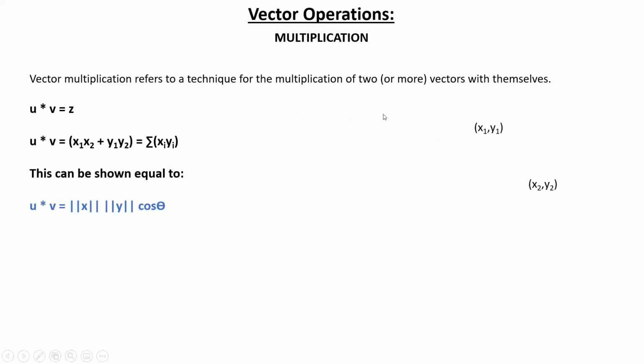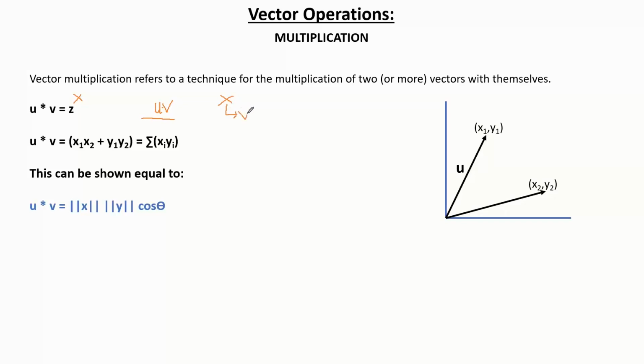Now how will you do the multiplication? Here the cos theta comes into play. If it were a dot product, it is actually this kind of product. This is a multiplication. So U dot V is a scalar product. This one, with a cross, is a vector product. Since we are dealing with vectors, we are more concerned with the vector product.